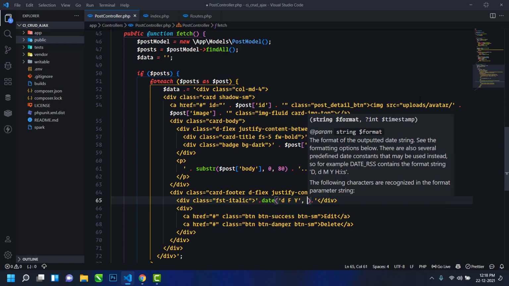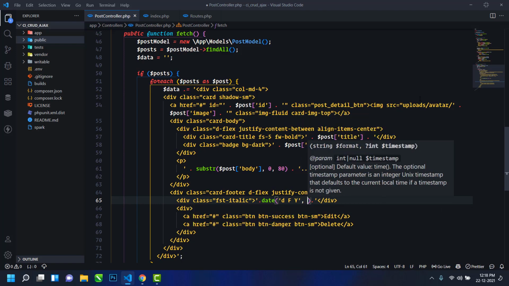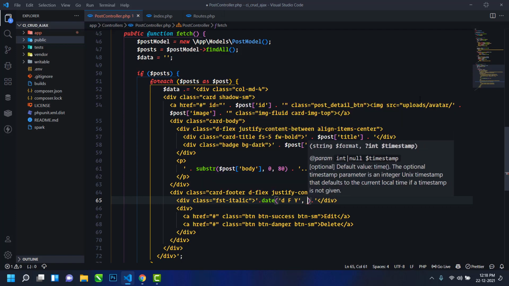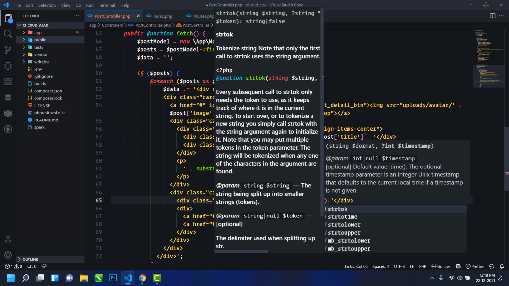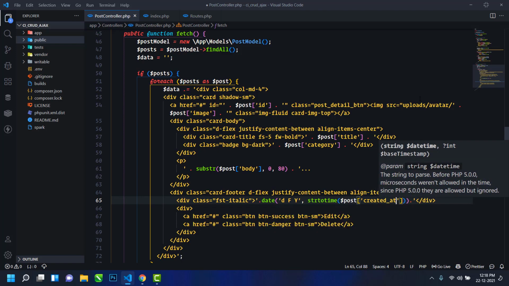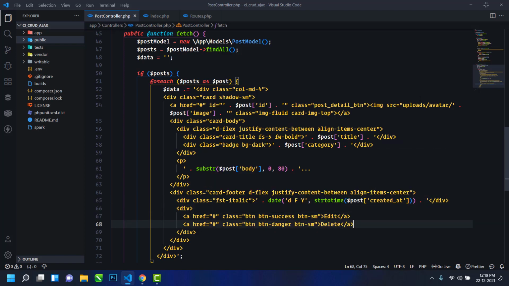Okay, and here I will use the strtotime function. Okay, and just paste the, and here I will write created, created underscore add. Okay, save.